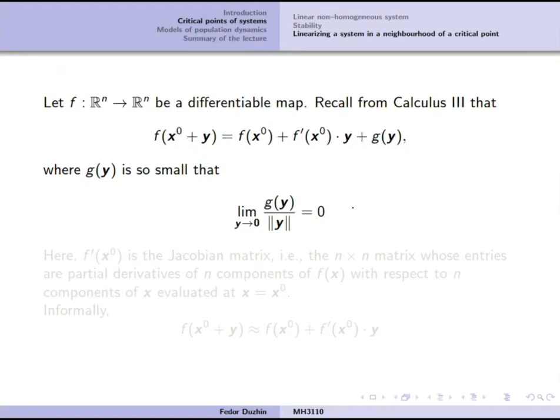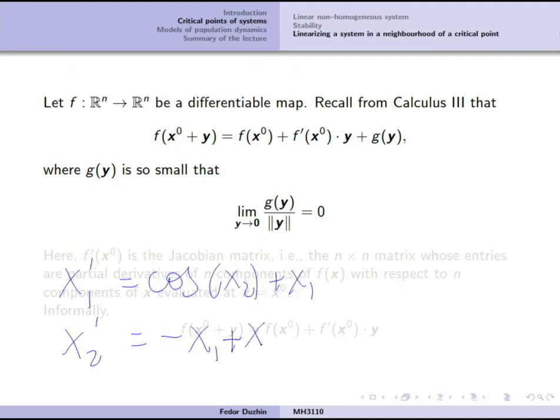Now we are going to cover a little bit of theory. Suppose that we have a system of differential equations, and then the right-hand side of the system can be thought of as a differentiable map from Rn to Rn. So here is an example. If, say, our system of differential equations is x1 prime equals cosine x2 plus x1, and x2 prime is minus x1 plus x2 square,